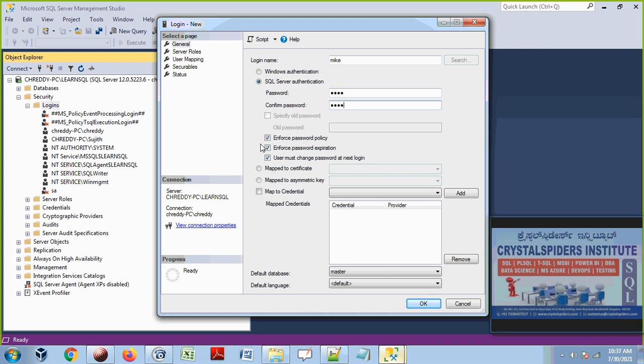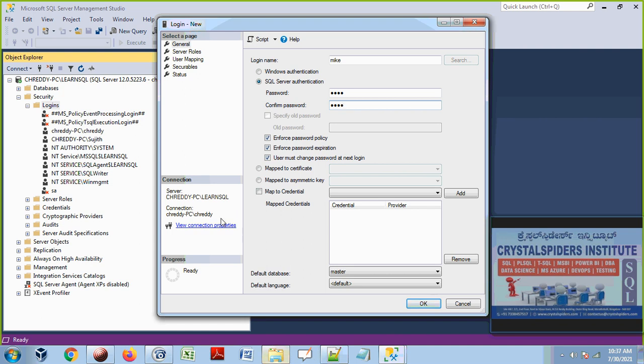And here are the password policies, guys. As per the company policies there will be password policies and password expiration policies. Password policy means a minimum length of the password, one capital letter, one number, one special character. Password expiration means every 2 months the passwords will expire. That is the rule of the company. They set up these rules at the Active Directory level, with group policy. Usually it is not our work to set these policies, but if you select these boxes, those policies will be applied for this user as well.